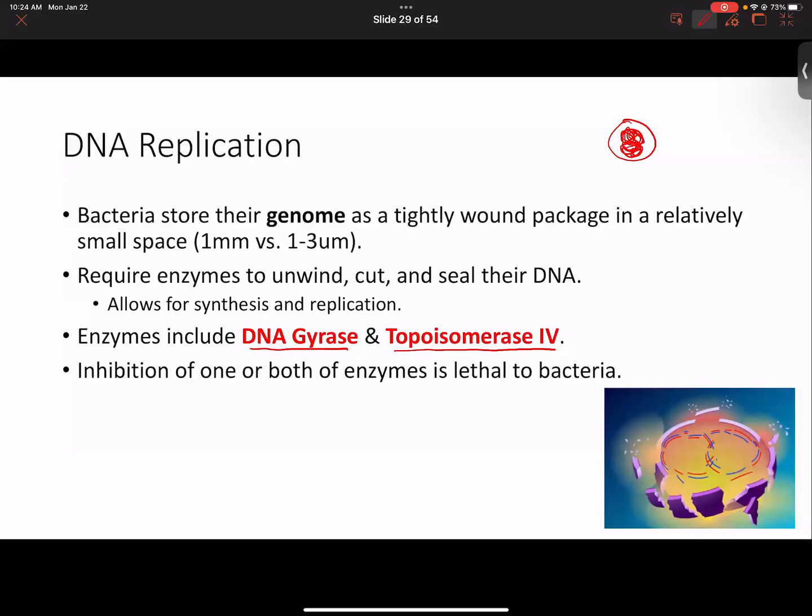What that means is that the enzyme will grab onto a section of DNA, it will cut that DNA and pull it apart, allow some type of metabolism to occur, and then importantly, it will put those two pieces of DNA back together and reseal them. When bacteria are replicating or expressing their DNA,